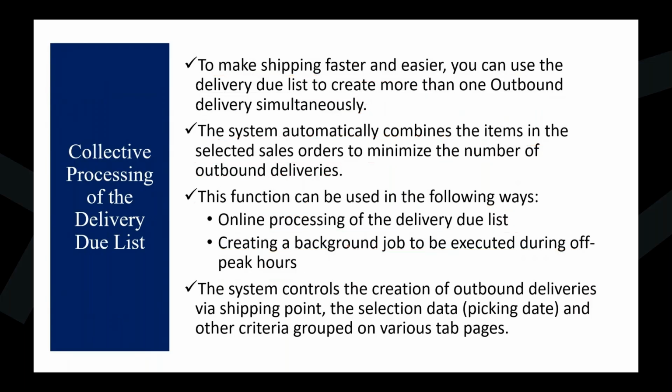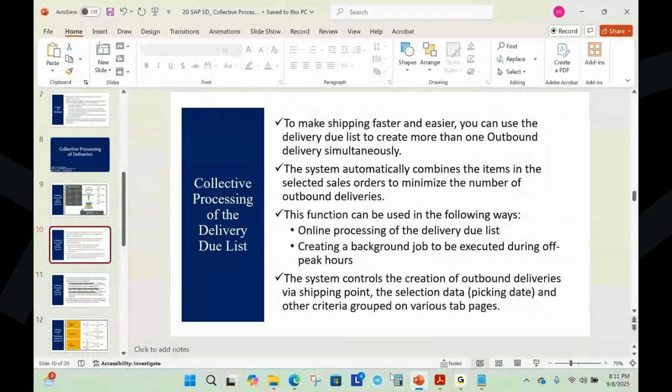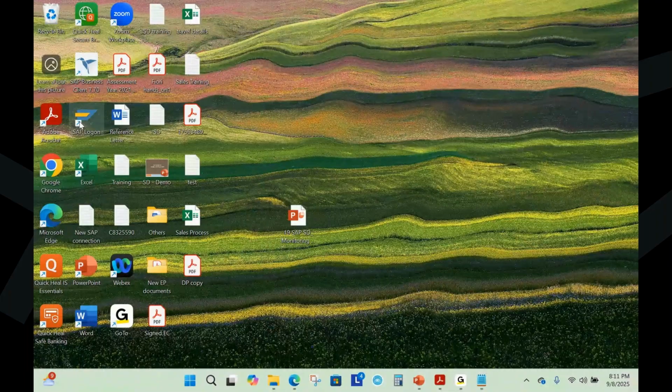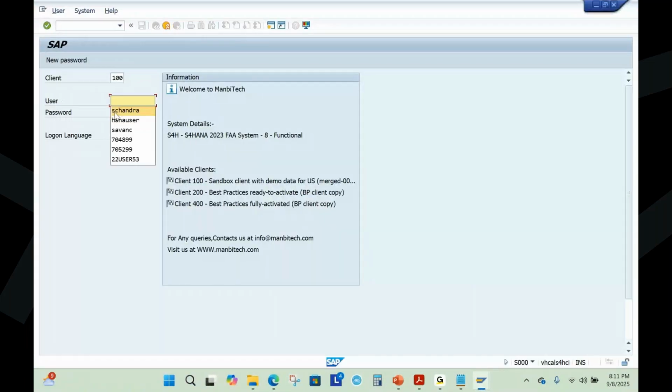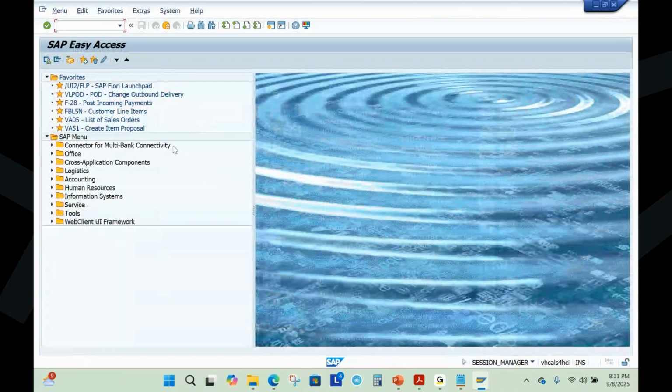Okay, so now let me show you this. To do this, let us log into the system. Okay, so I'll show you the menu path. Go to logistics, go to sales and